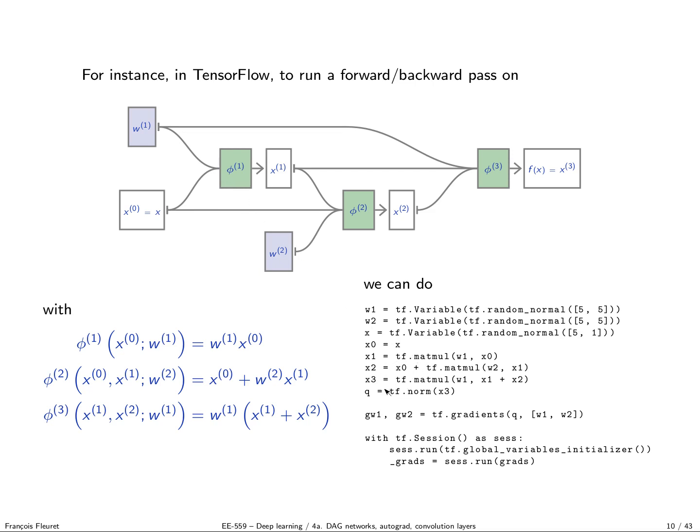But still, when you are here, what you have defined is a graph for the forward pass and the graph for computing the gradient. But no actual computations occurred. Here you have defined statically the graph, and then you have a specific syntax to say that now you want to execute this graph and to do things with it. We will come back to this in the course given by the Google speaker.